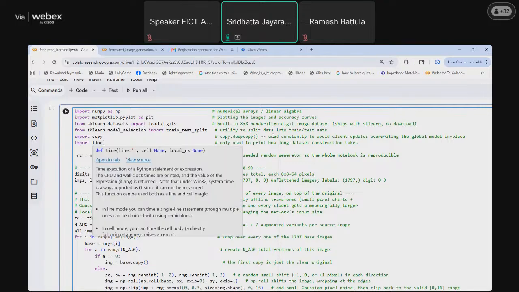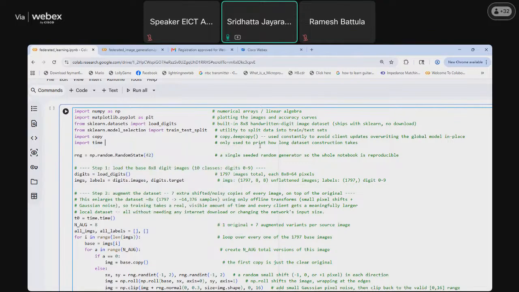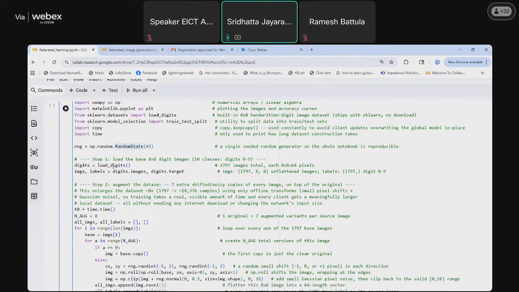And time is used for clocking how much time it takes for building the dataset or downstream tasks. To begin with, we are going to initialize a random state with 42, which is a seed, for getting reproducible results, so as to initialize the server model at the beginning.